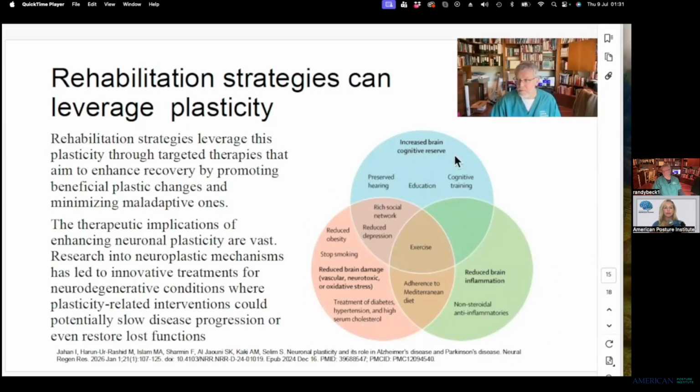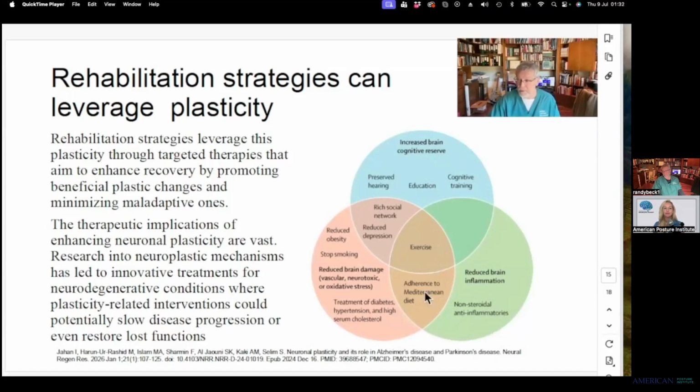So we're talking about increased cognitive reserve. We're talking about reduced brain inflammation. So basically adherence to exercise, which will decrease inflammation in most instances. Adherence to Mediterranean diet, and sometimes non-steroidal anti-inflammatories can help reduce that inflammation that's happening inside the body. So sometimes if people's inflammation can't be brought under control in any other way, we may have to